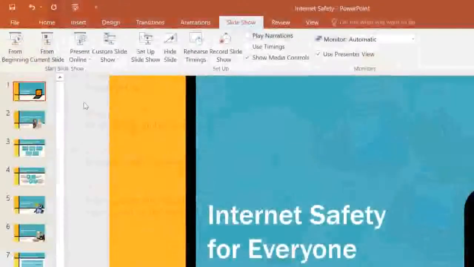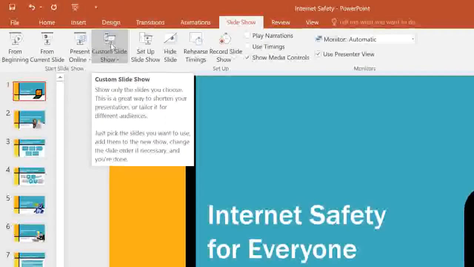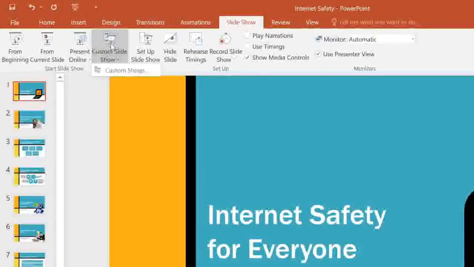The last thing I'd like to show you is how to tailor your presentation to different audiences. You can do this from the Slideshow tab using the Custom Slideshow command. This feature can come in handy if you have to give your presentation to more than one group. Creating different versions can help you adapt to things like having less time to present, or each group having different needs and expectations. Just choose Custom Shows from the menu,